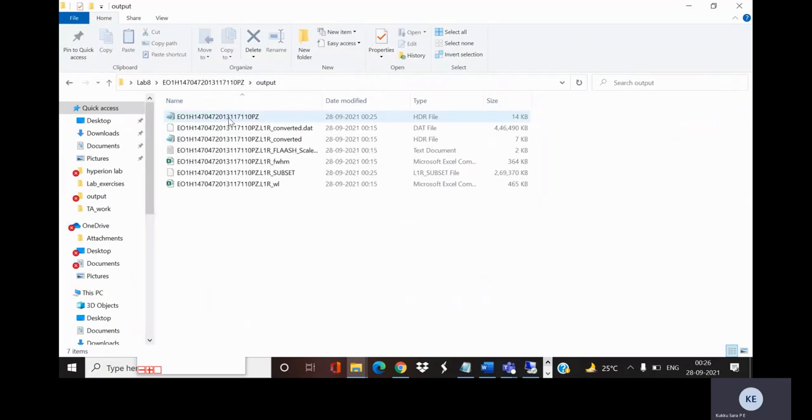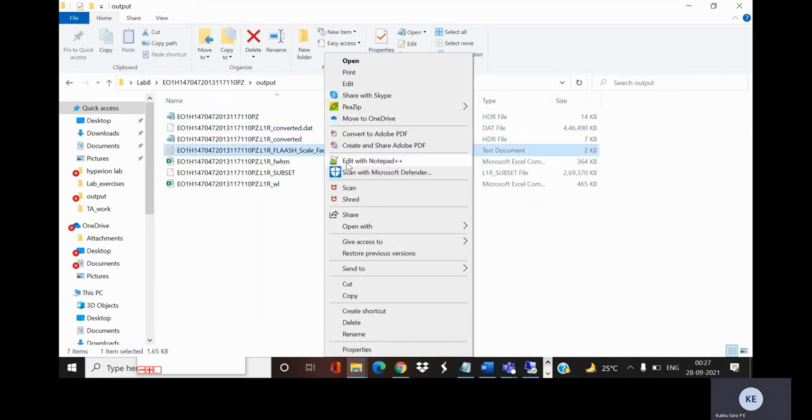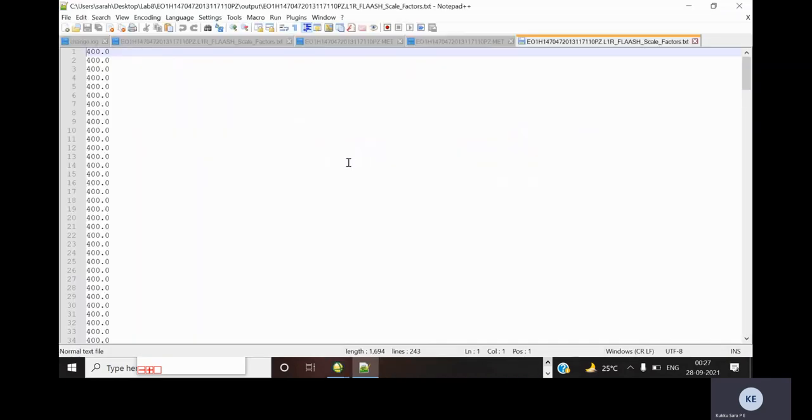here in the output directory which we have given earlier, we have the flash scale factor ASCII file. We'll just open it in Notepad, and from the scale factor also we have to remove the corresponding bands which we have removed.